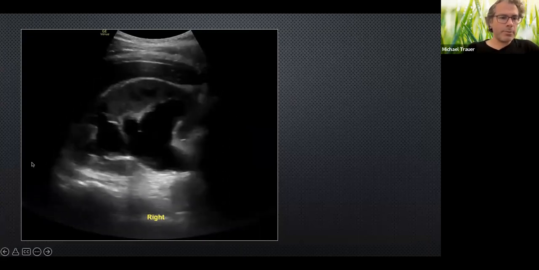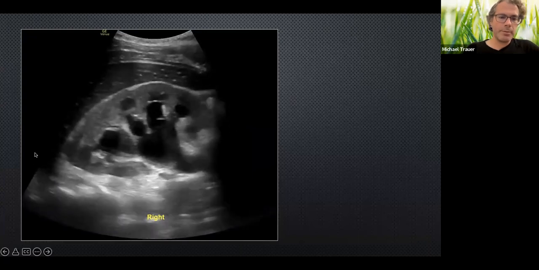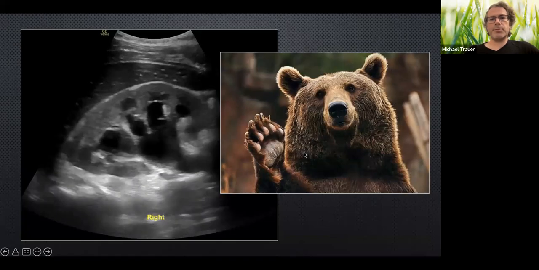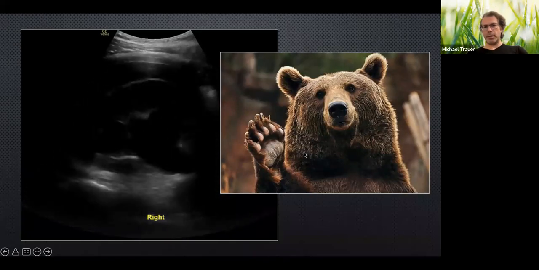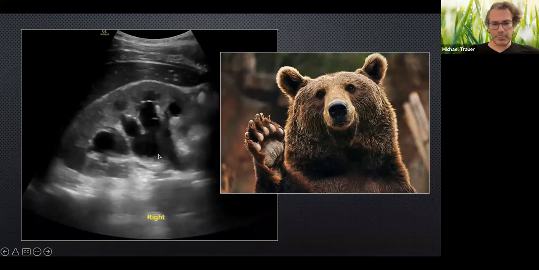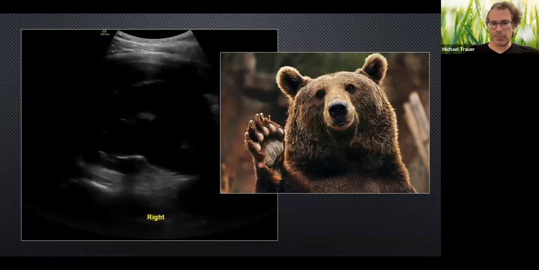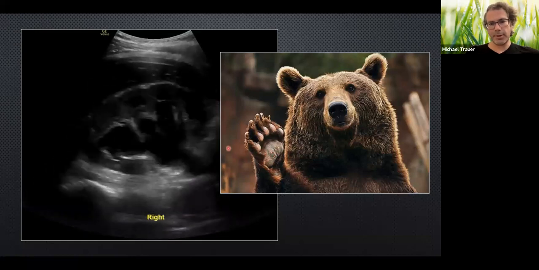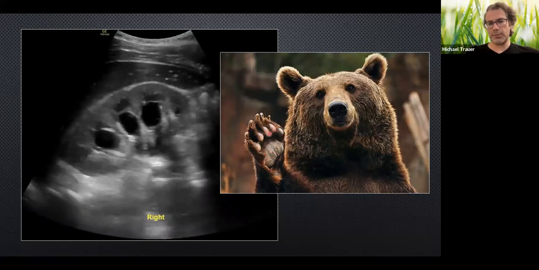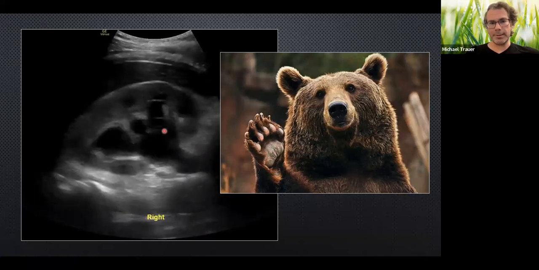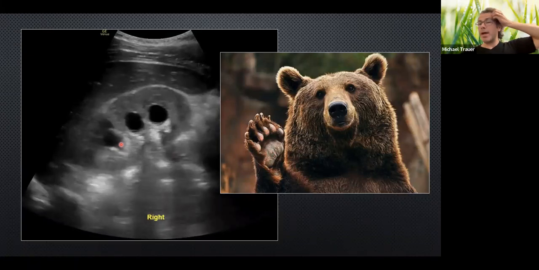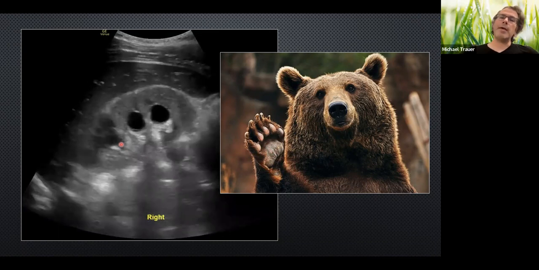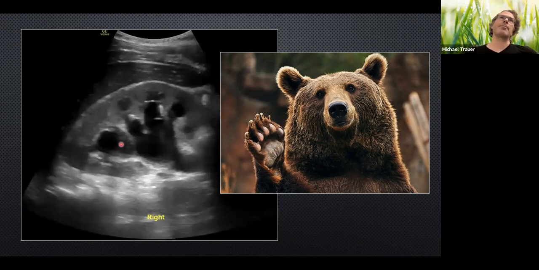So yeah, hydronephrosis is the main finding we're looking for with renal PoCUS. It's often described as having the appearance of a bear's paw. In this image, the palm or the heel of the bear's paw is like the pelvis, and these nice big fat finger pads are like the calyces. You can grade hydronephrosis from mild to severe, but I think from an A&E perspective,